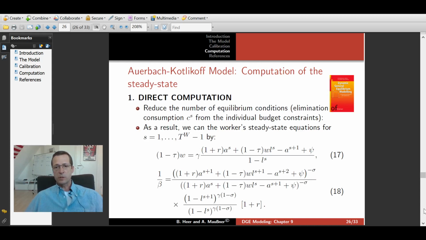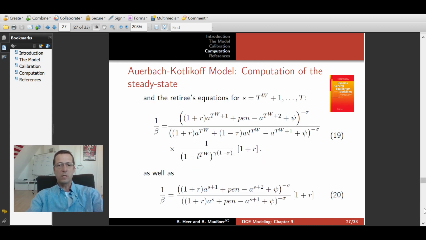So our first order condition with respect to labor then becomes equation 17. Notice we only have individual wealth level and labor supply as unknowns in this equation. W, the wage, for example, is provided in the outer loop of our computation. Similarly, the interest rate R, the steady state real interest rate, is also computed in step 2. Equation 18 is our Euler equation. So we have 99 equations, and these 99 equations are